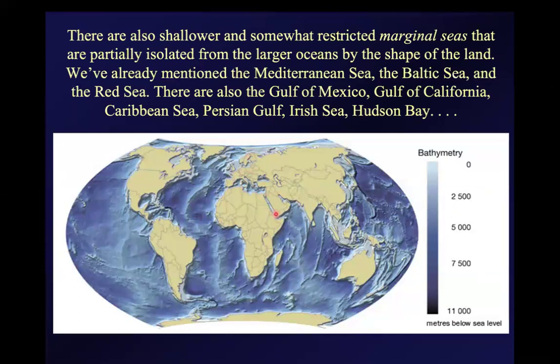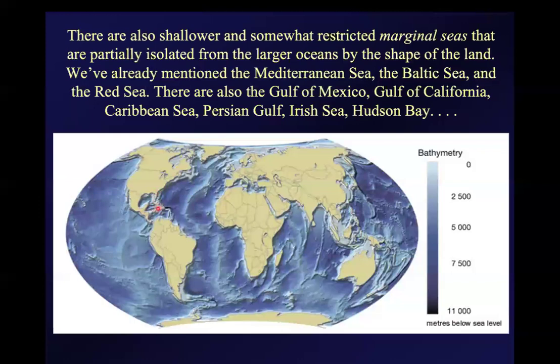We mentioned those talking about salinity. Those bodies of water tend to have salinity that's greater or lesser than the average in the ocean because of their partial isolation. And of course, you probably know the Gulf of Mexico up here, the Caribbean Sea south of